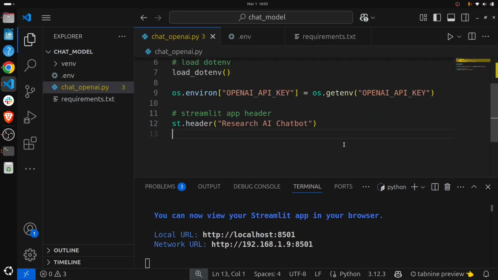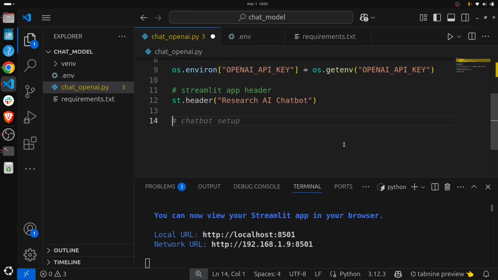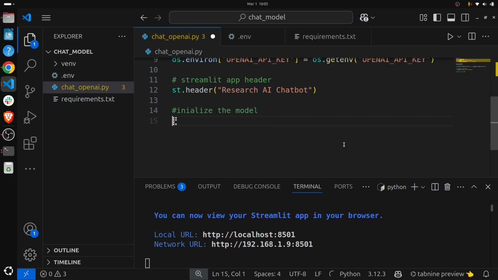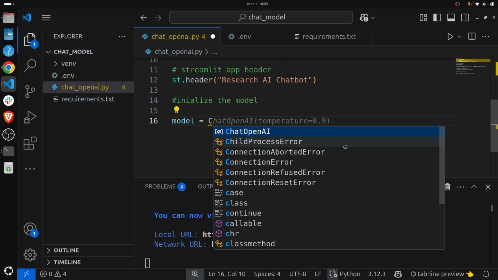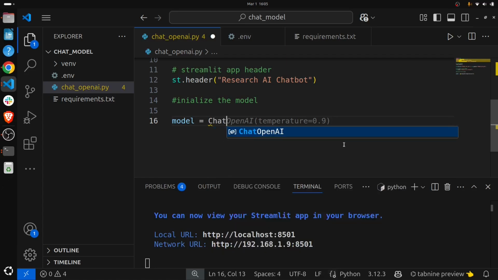Okay, here now we need to initialize our model. So for initializing the model, I'm writing just a comment here, initialize the model, and here define model equal to, since we are using ChatOpenAI, so write here ChatOpenAI and define model name equal to, let's use the GPT Turbo, and